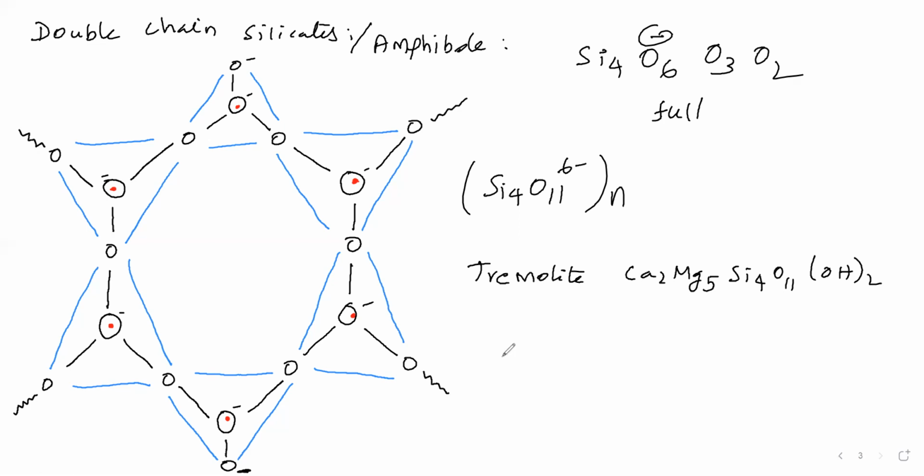Next we will see about cyclic silicates. Next we are going for cyclic silicates. We will take these cyclic silicates. Here silicon. Then we will see O minus. Here O minus. Here O minus. Here O. Here O. Next, we will represent this as one SiO4 unit.